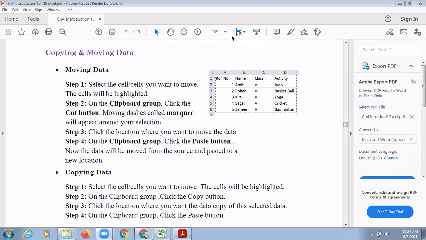Moving means you are shifting the whole content and pasting it somewhere else. So it means the previous location will get blank and now you are shifting your data to some other location. So that is moving. This is the difference between copying and moving. Copying means after copying, the data will remain at two different places, the same data. But moving means it will get removed from the previous location.